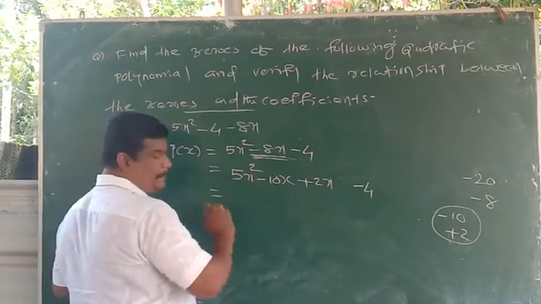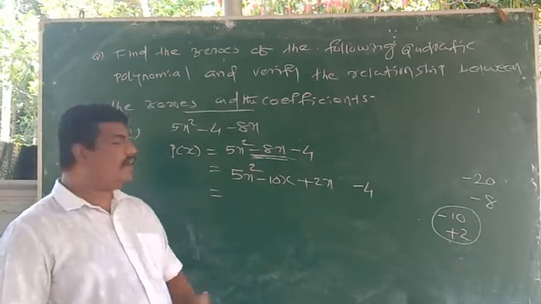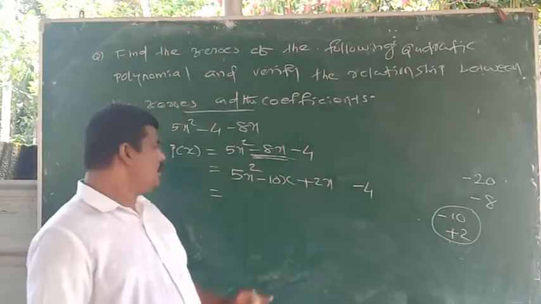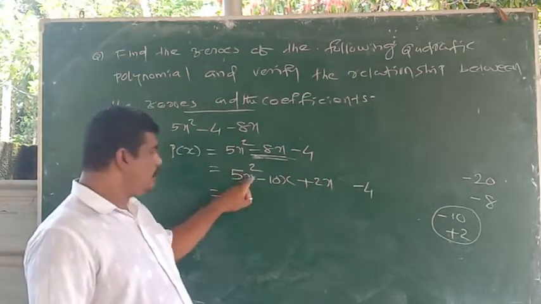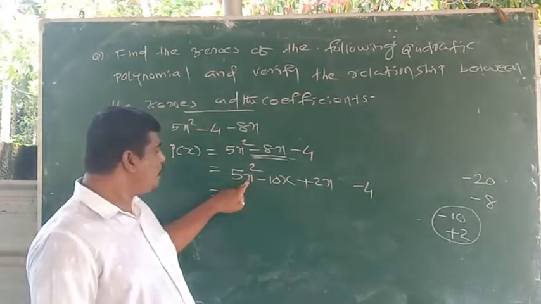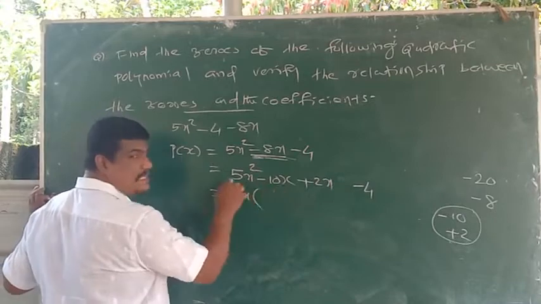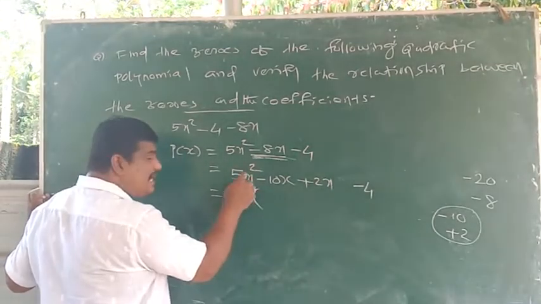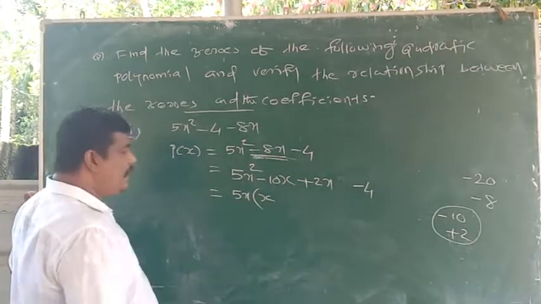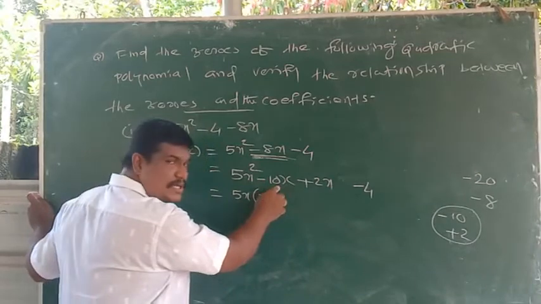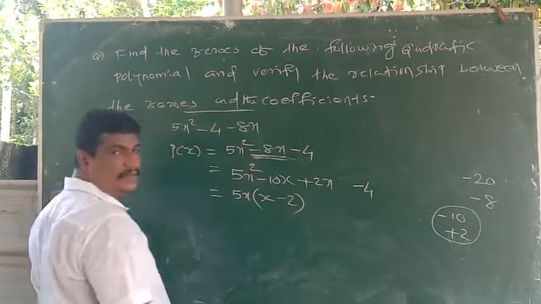Here check the first two terms. Now if you check the first two terms, 5x square minus 10x, what is the maximum common factor to put outside? In these two terms, what is the maximum common term? 5 is a common term. Clear? And also x. So 5x is the maximum common factor from these two. What is the balance term here? It is 5x square. 5x is common, the balance is x. Here also 5x is common from these terms. What is the balance term here? Only minus 2. Clear?